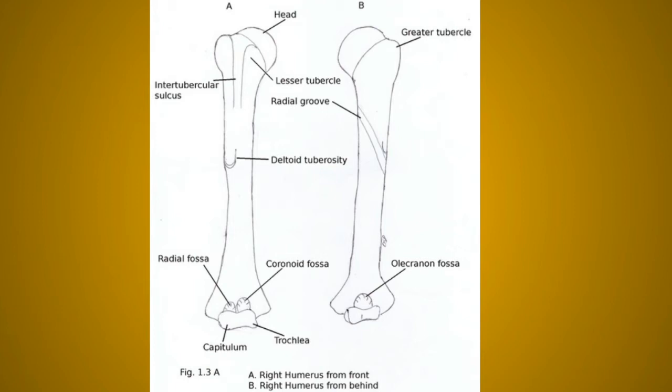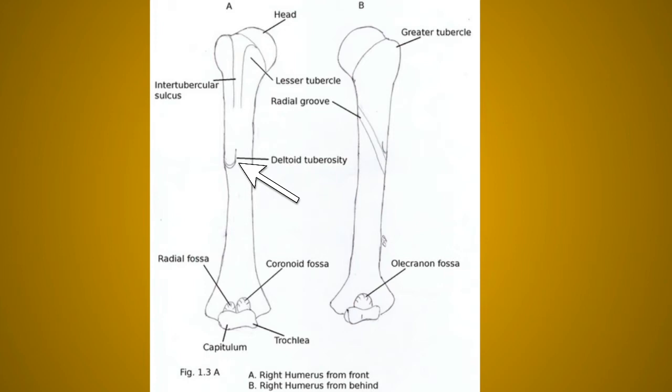Okay, in the triangular part it has, of course, 3 borders and 3 surfaces. So first of all we talk about the borders. Now remember, it has basically 3 borders, that is the anterior border, lateral border, and, of course, the medial border. Anterior border, lateral, and the medial border. Now first of all the upper 1/3 of the anterior border forms the lateral lip of the intertubercular sulcus. Very important. Now in its upper part there is the intertubercular sulcus lateral lip, while in the middle part it forms the anterior margin of the deltoid tuberosity.